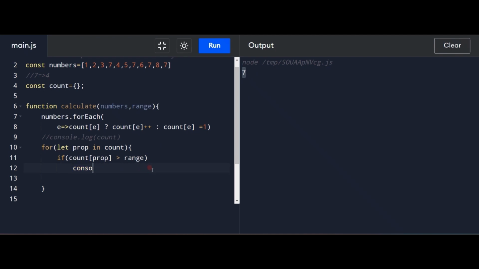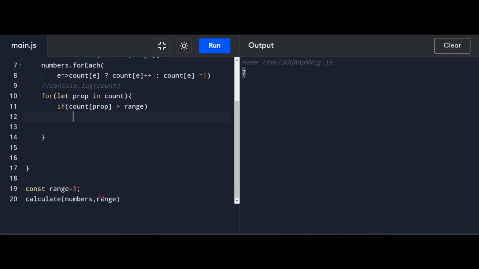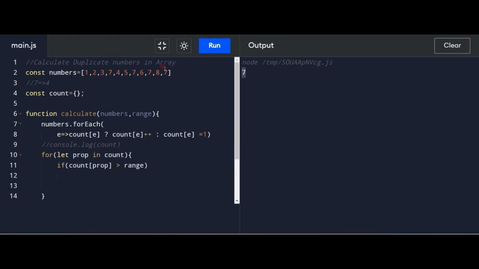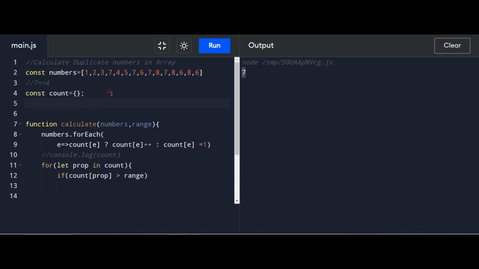If you want to push the elements from the numbers which have count greater than 2, then you can change the range here, which is 2. Let me just modify our array. So add 8 and 6, and if we need to give output in an array format, then